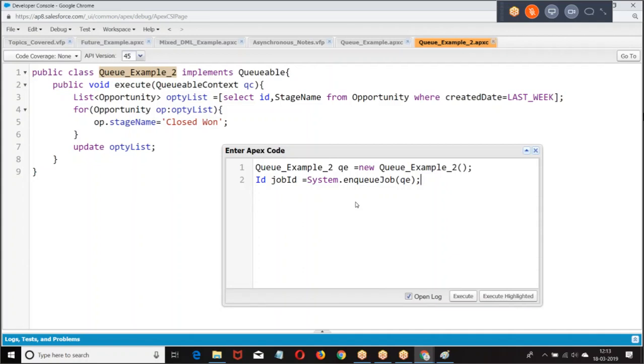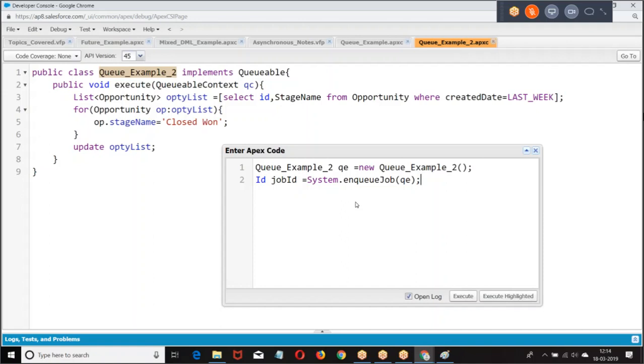Whichever class implemented the Queueable interface, that class object should be created. Then I have to say System.enqueueJob with the job object. How to execute an asynchronous operation?